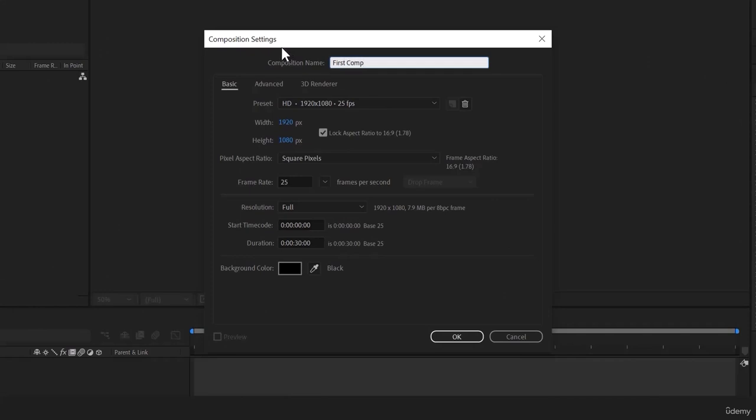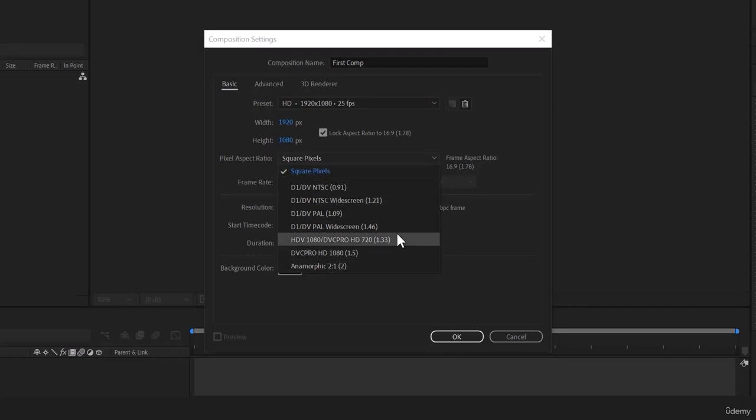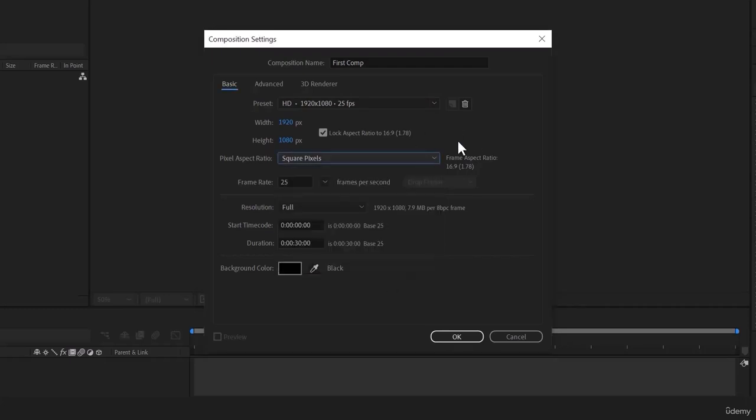Over here you get these options of basic, which is the preset 1920 by 1080, 25 fps, with the aspect ratio of 16:9. This is the default one which you get. I like to work ideally on this, as this is full HD and it gives us a very nice resolution. The pixel aspect ratio is for broadcasting, but I would like to go for square pixel, as that is the most ideal for your aspect ratio. Frame rate, again, you can change it from here. I would like to make this 25, which is the default.